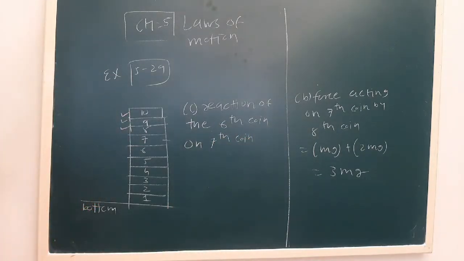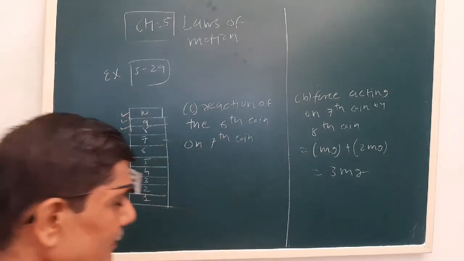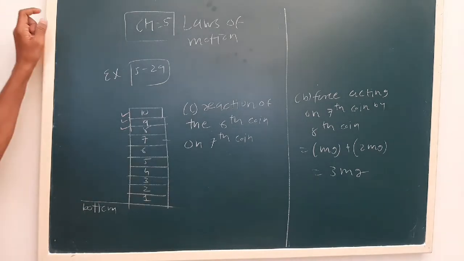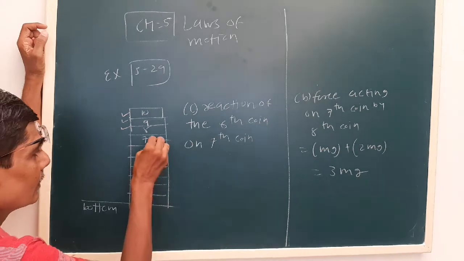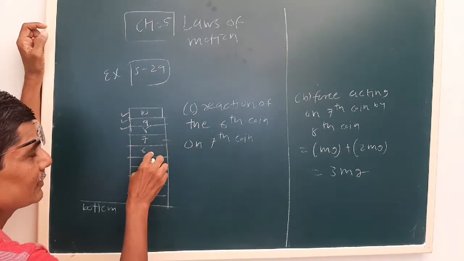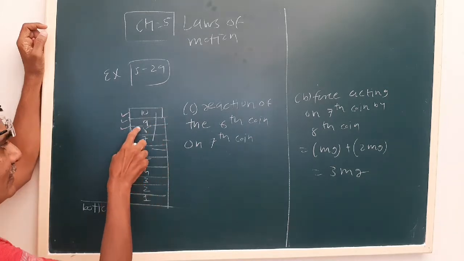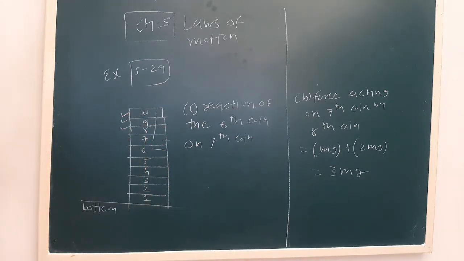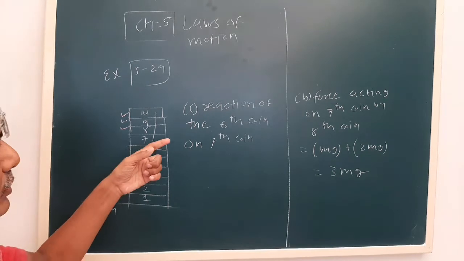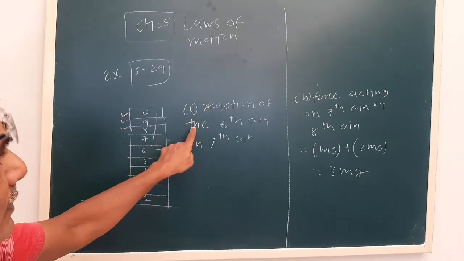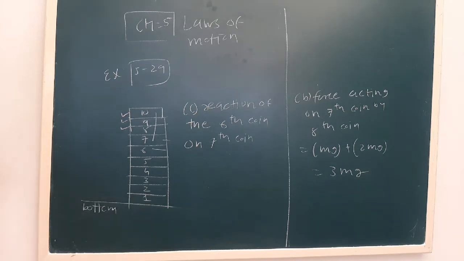Now see, we know action and reaction. Above the 6th coin, how many coins are there? We see coins number 7, 8, 9. So the reaction of the 6th coin on the 7th coin will be equal to the force acting on the